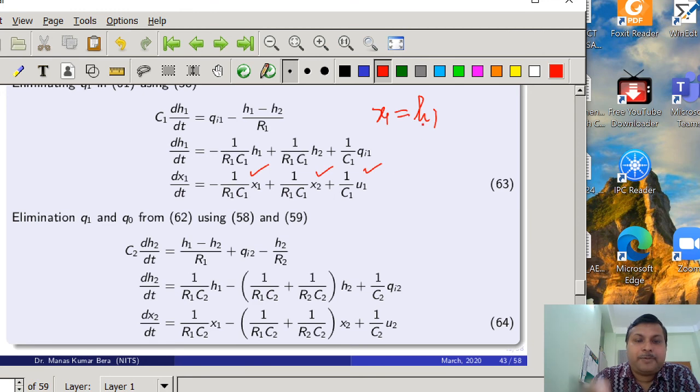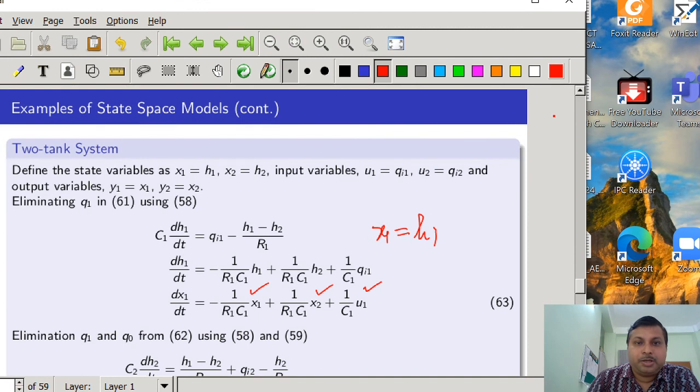Okay, here we have assumed that q_i1 is u1. So here you see u1 is equal to q_i1, u2 is equal to q_i2, x1 is equal to h1, x2 is equal to h2, and the outputs are y1 equal to x1, y2 equal to x2. They are the height of the tank. Okay, so here you can see that measurable state variables can be the output. So here the state variables you have chosen, that is h1 and h2, they are the outputs of the